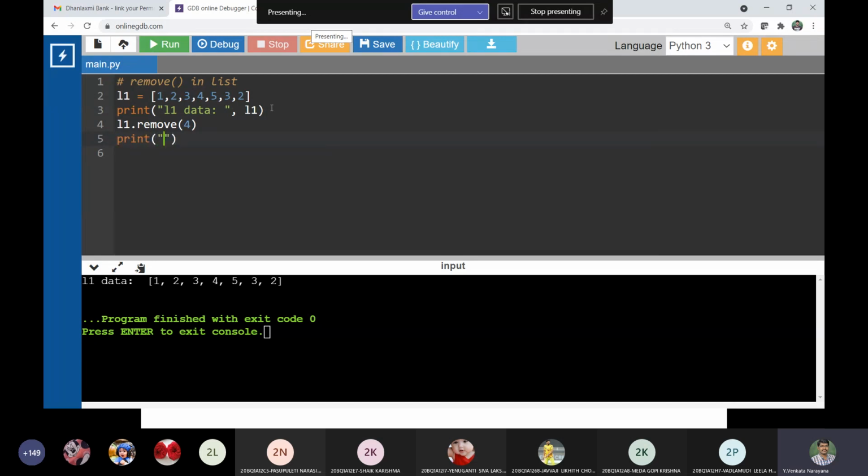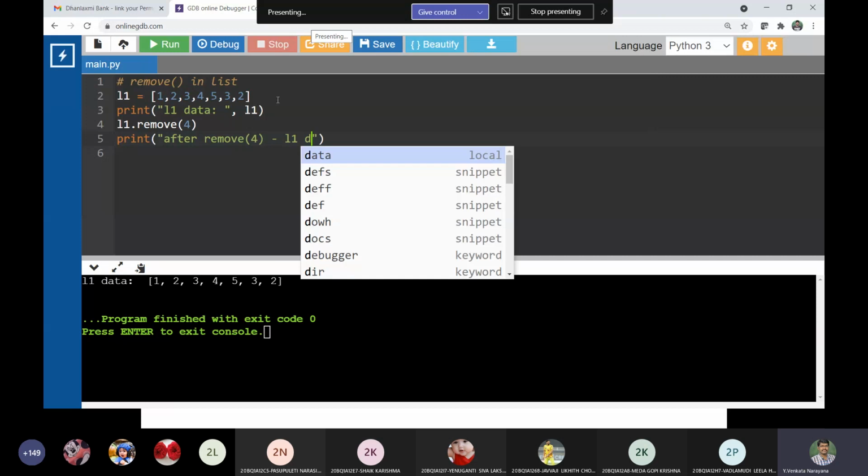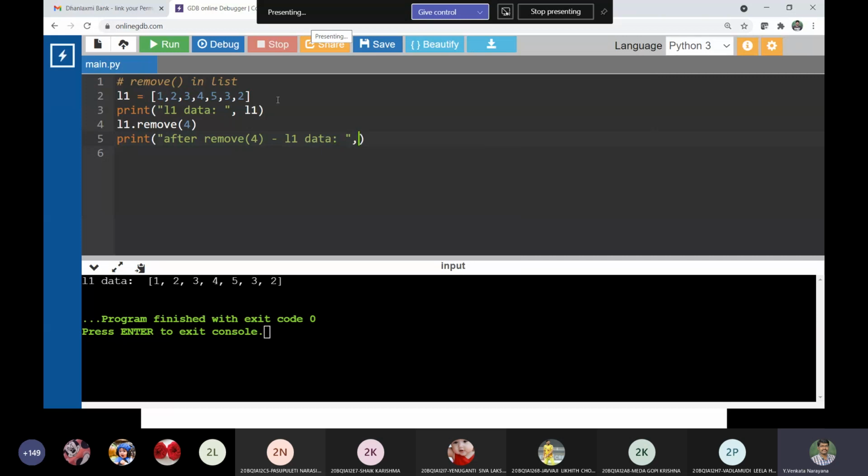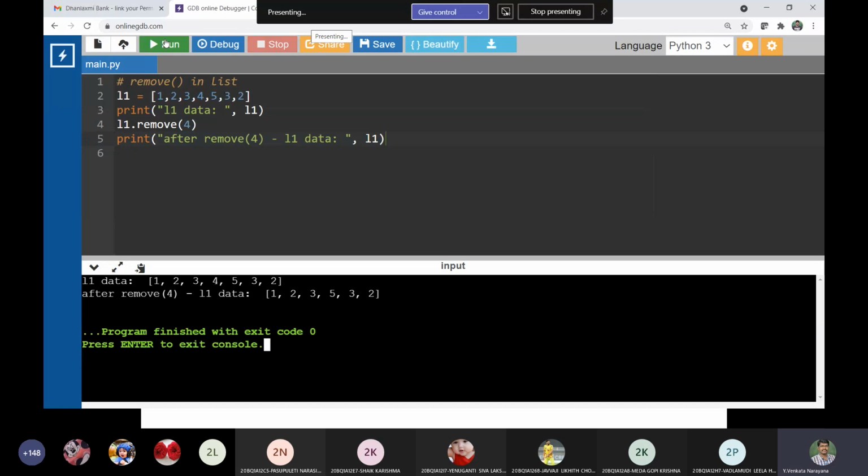So after remove of 4, L1 data. Let us check. See here, initially there is 4, but in the updated list there is no 4 because we removed 4. Is that clear?